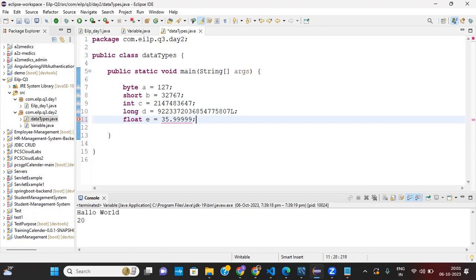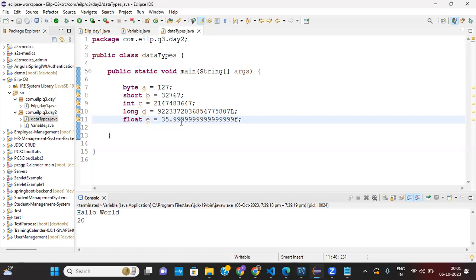I need to give the syntax f, a small f, to denote that this e variable is float. And if I give another 9, 9, 9, 9, it is taking it.